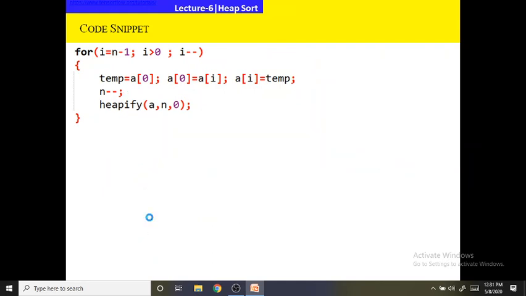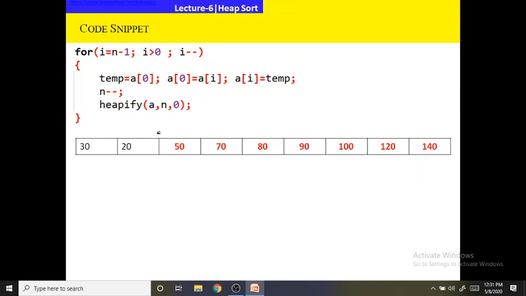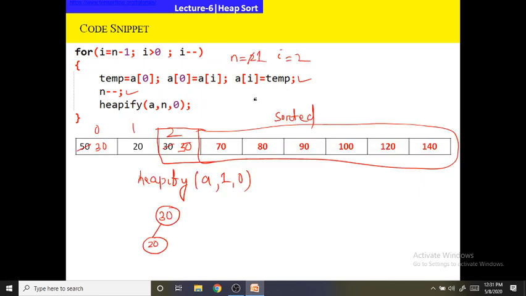So now let us go through the next step. Here you see, these elements are already sorted. Now in the previous step, after this the value of i will be decremented to 1.